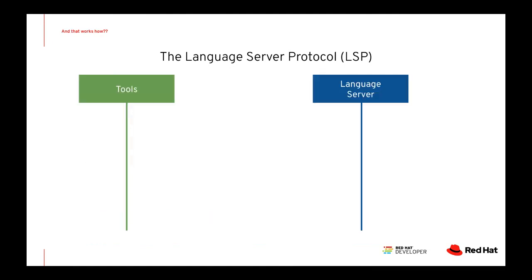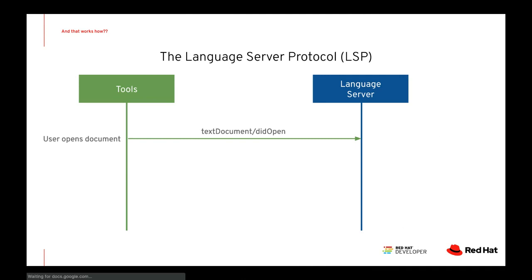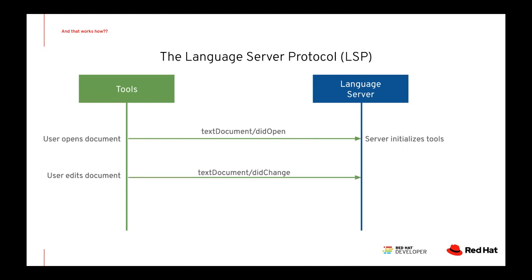How this all works is that you've got a tool like an IDE and then a language server that it talks to. So when you open a document, that sends a message to the language server saying that something happened. So you opened a document. The language server initializes the tool. And then as you make edits, it continues to talk to the language server and tell it that things are changing. The language server then calculates diagnostics and gives feedback. It tells you here is the appropriate autocomplete, or here is a mistake that you made, a typo, you forgot a period or something like that.